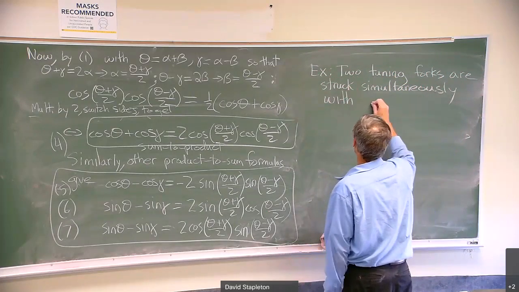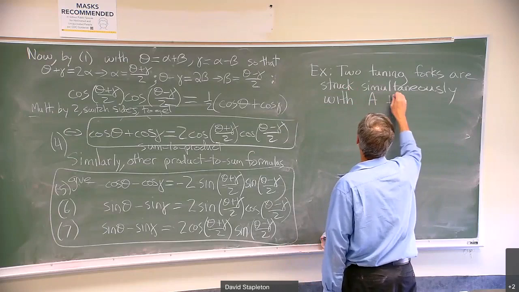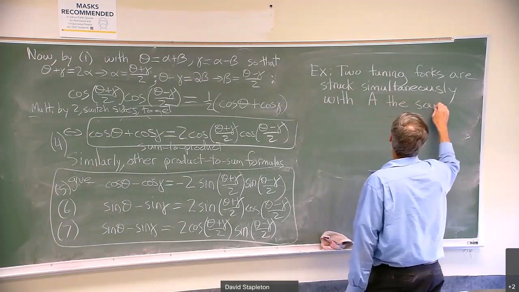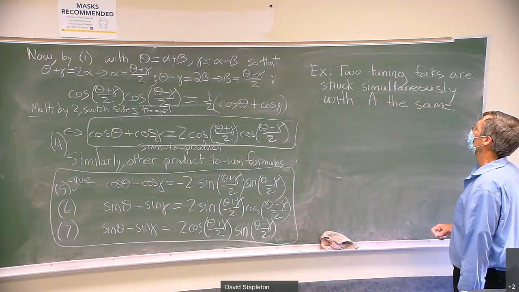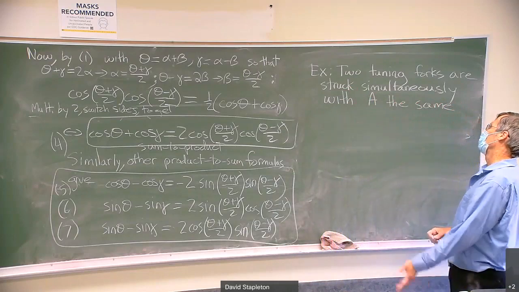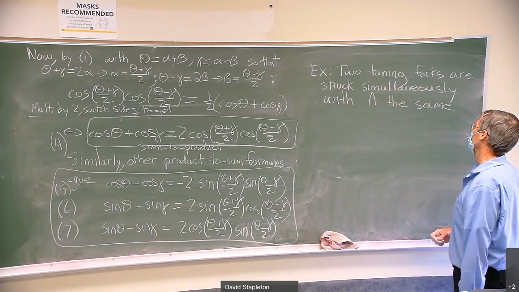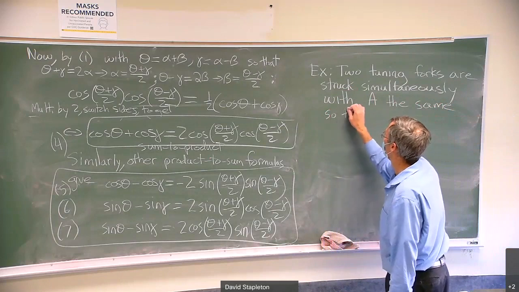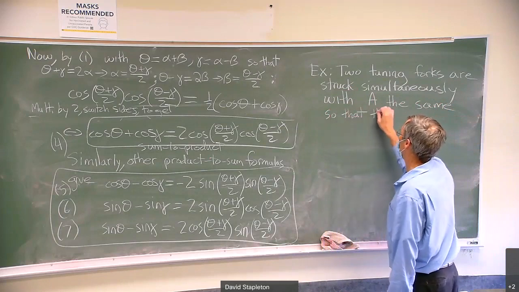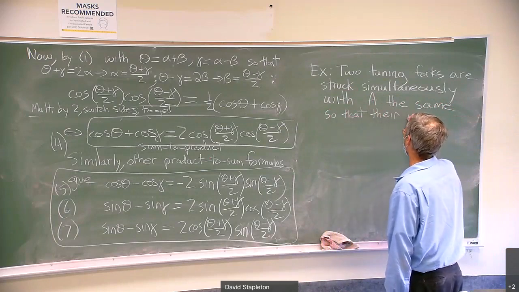They have the same phase, so we'll say with A the same, and so that they're at their maximum amplitude at time 0, so that their net effect, their effect together,